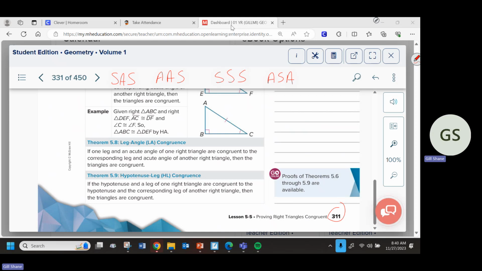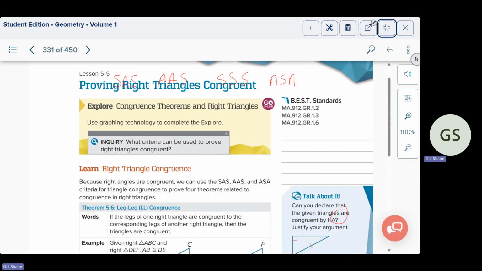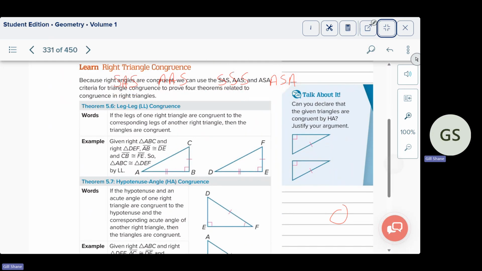unless it's a right triangle. If it's a right triangle, then there are some other ways that we bring in. Although technically, we're not really bringing anything new in, so I'm not spending a bunch of time on this. You could get some of these things on the midterms. They might specifically talk about a way to prove a right triangle is congruent. But you can use those 4 ways if you know it's a right triangle. As soon as you know it's a right triangle, you know one of the angles is congruent, like if you have 2 right triangles. So they say this brand new